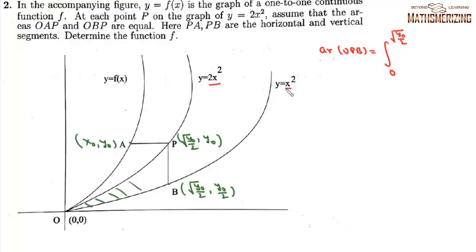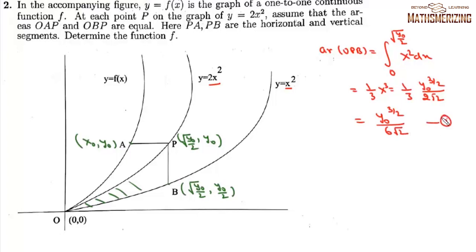So 2x square minus x square will be simply x square dx, which is 1 by 3 x cube. So we can write this as 1 by 3 and then y0 to the power 3 by 2 and 2 root 2. So this area will be y0 to the power 3 by 2 upon 6 root 2, and